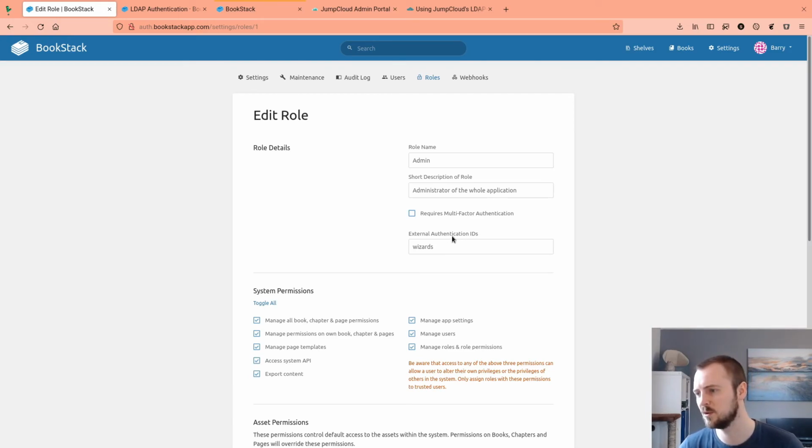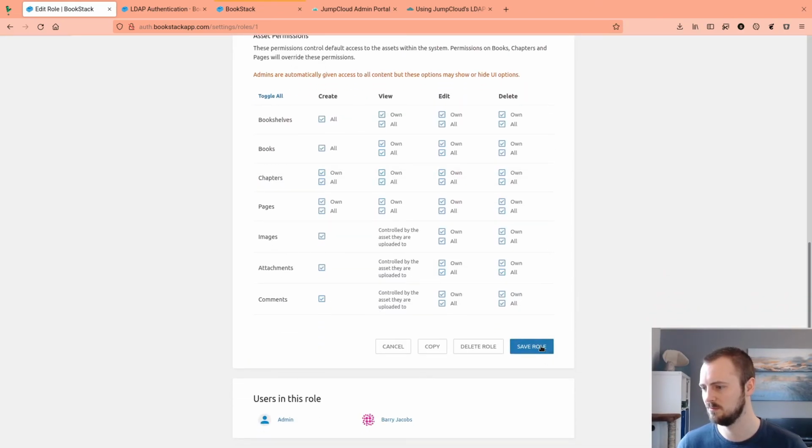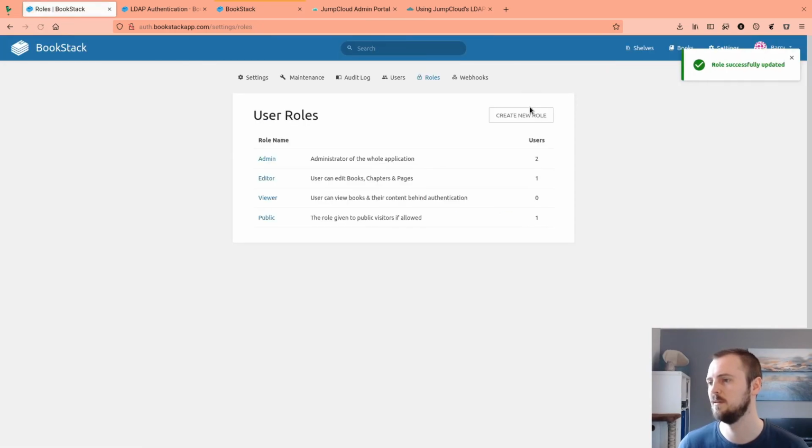And you notice it's got external authentication IDs, so you can, if you wanted to, comma separate out and put multiple LDAP group names, which allows you to do a many-to-one mapping between the systems, which again can be really useful if you've got two different category of admins in this case within your LDAP system, but you want them just to be a standard admin role within BookStack. You can do that quite easily. So we'll leave wizards in there to do this custom name mapping,